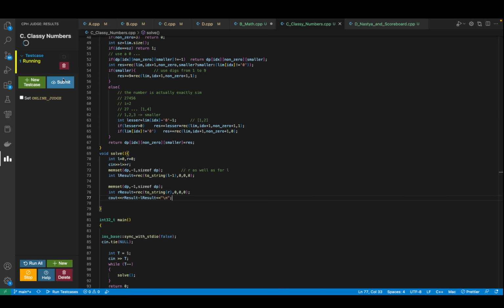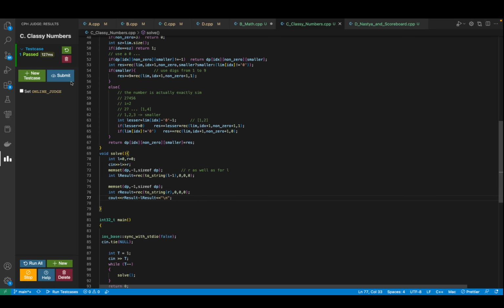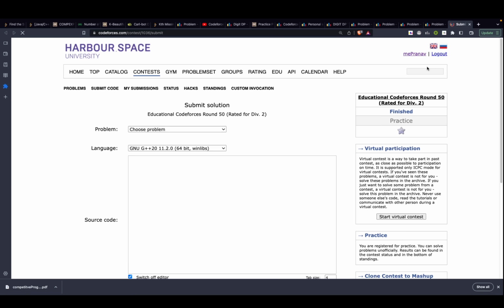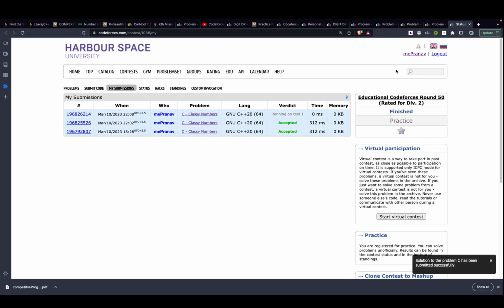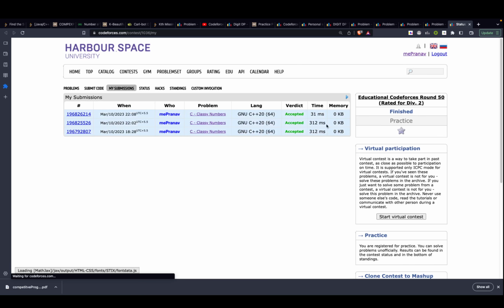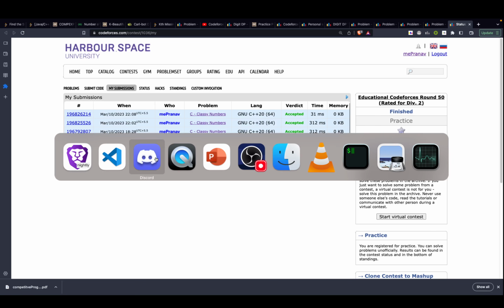Let's just submit it. Let's see if the time it takes actually reduces, or if it gives us a TLE. Several times what happens is that your unoptimized solution might not give you a TLE, but when you try to optimize it further, it can give you a TLE owing to the constant factor. Just wanted to check. Yeah, so over here you can see that the time taken by the recursive solution was 312 milliseconds. The time it actually takes for the DP approach is just 31 milliseconds. So that is 90% or more faster. Cool, this is something I wanted to explain.